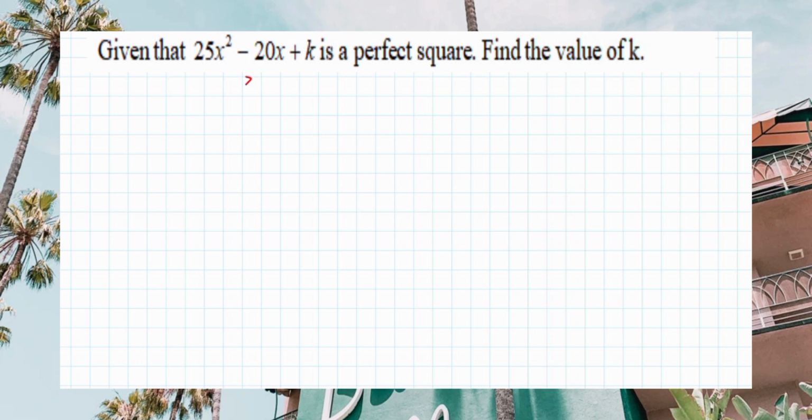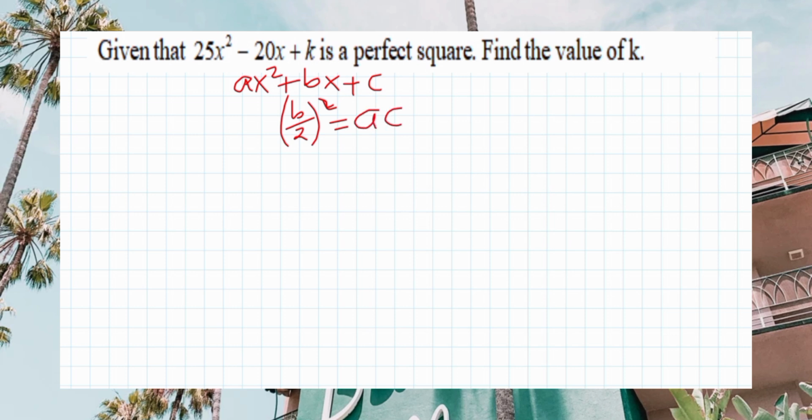So we need first of all to remember that for any perfect square, deriving from the general format of a quadratic expression, that ax squared plus bx plus c, if this quadratic expression is a perfect square, then we should always know that half of b squared shall be equals to the product of ac,